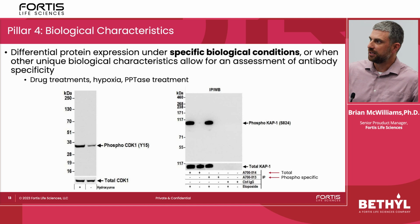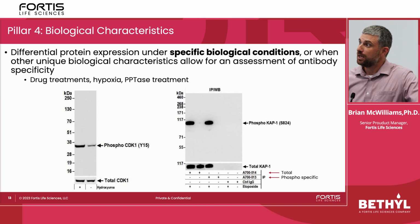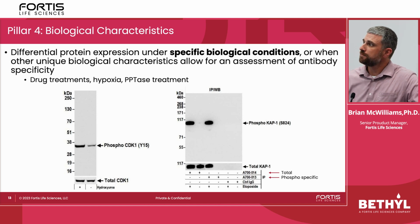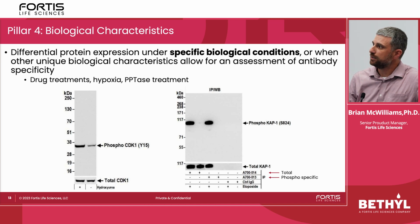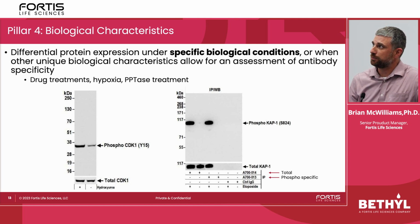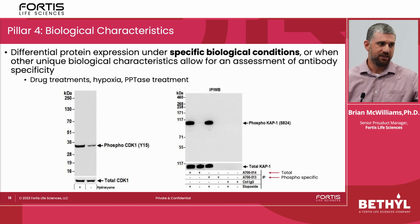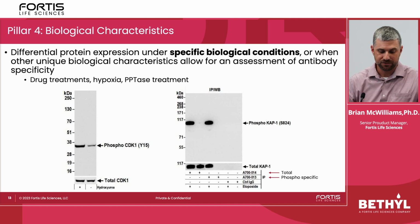So you can see here on the left under hydroxyurea treatment that we're inducing phosphorylation of CDK1 on residue 15. And over here on the right, we're able to induce phosphorylation of CAP1 using etoposide. We've got total CAP1 here, phospho-specific CAP1 here. We're seeing a nice strong pull down under both conditions when we're blotting with the phospho. This thing is on target. So again, this is a way for us to manipulate the biology of the protein to help us validate our